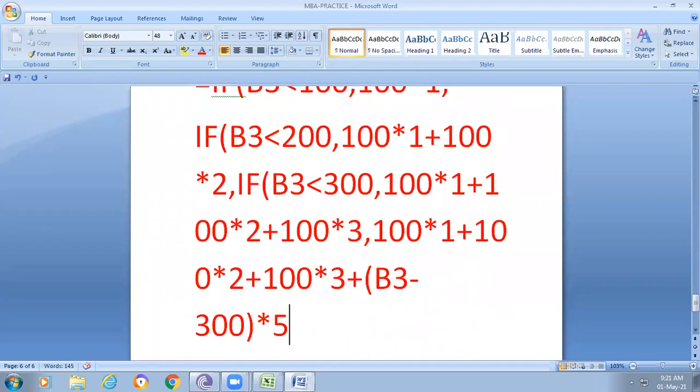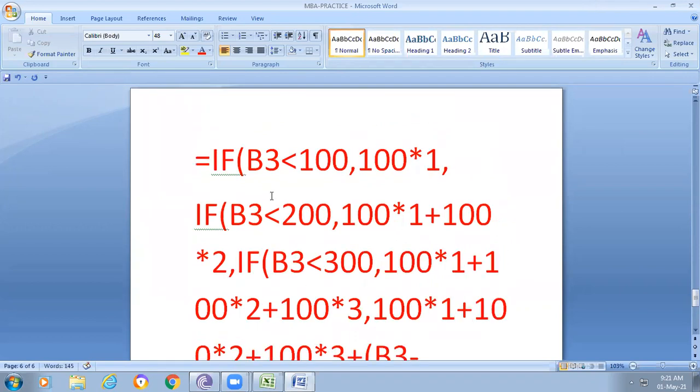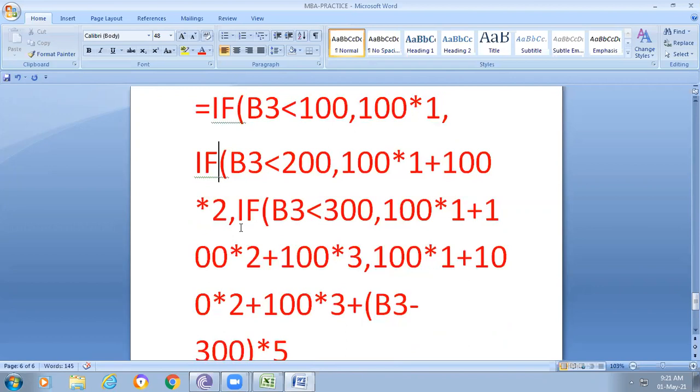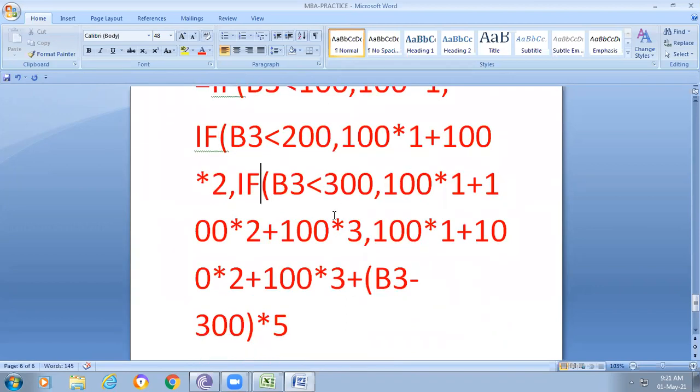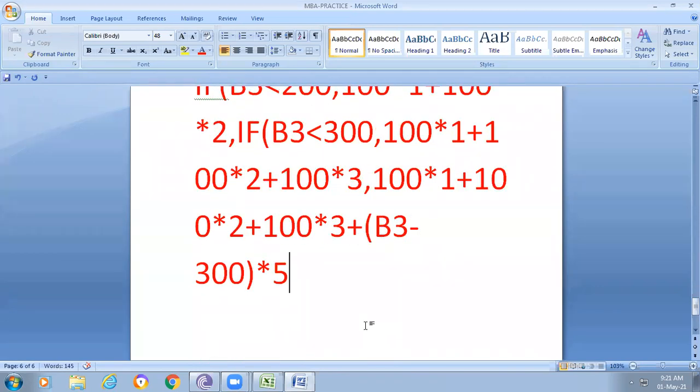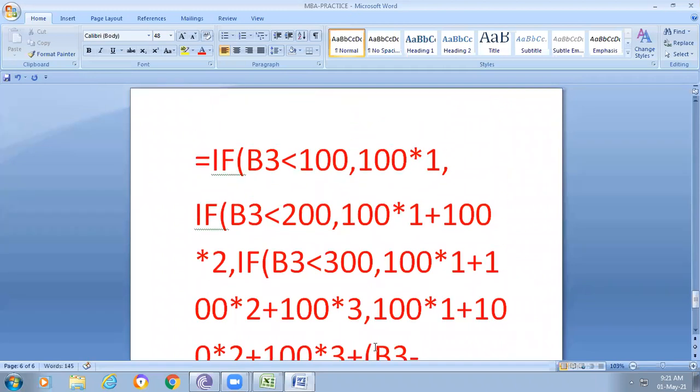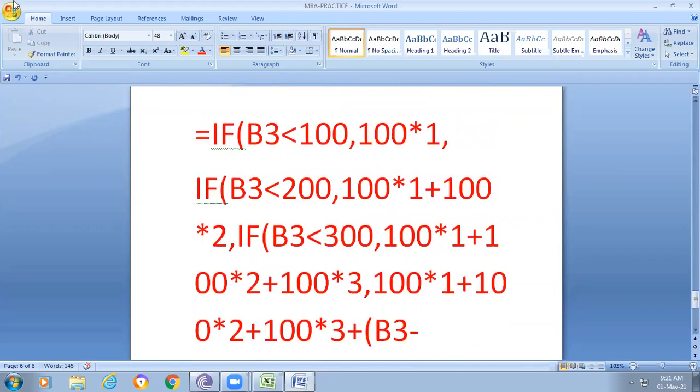So here we are closing the ifs. How many ifs are used here? First if, second if, third if. So three ifs are open, so we close three ifs now. I hope all the members are able to understand. I'm not doing any new formula, I'm not saying anything new, I'm just changing the application only. Don't get confused.